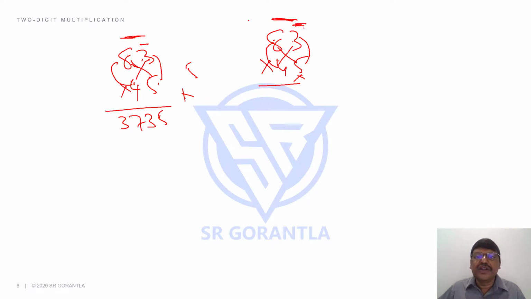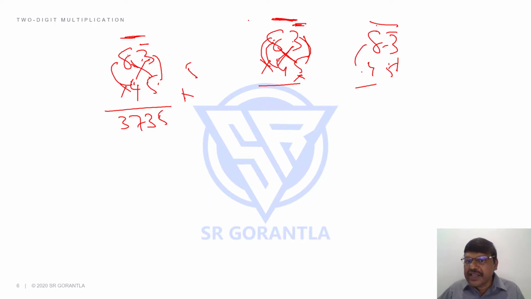So come again, what you are doing? First you are taking only 3 into 5. Next you are taking both places. Then you are taking the leftmost place by ignoring the first place. Come again. First I am taking only the unit place, not taking this. Next, taking 2 places. Next, only taking this. In other words, what I can say, students, is, for 2 digits I don't need this explanation, but I'm just saying it keeping the bigger numbers in mind.